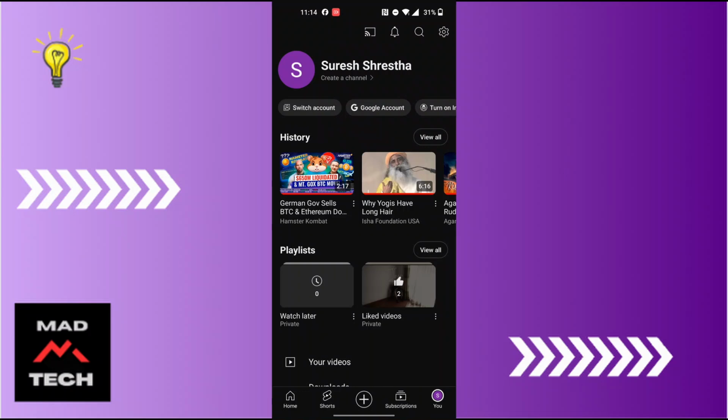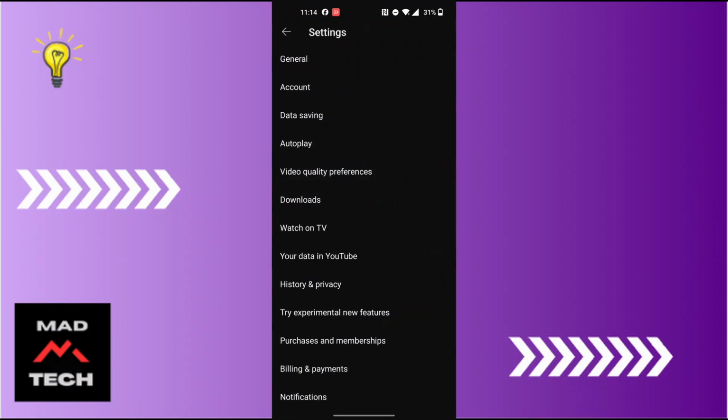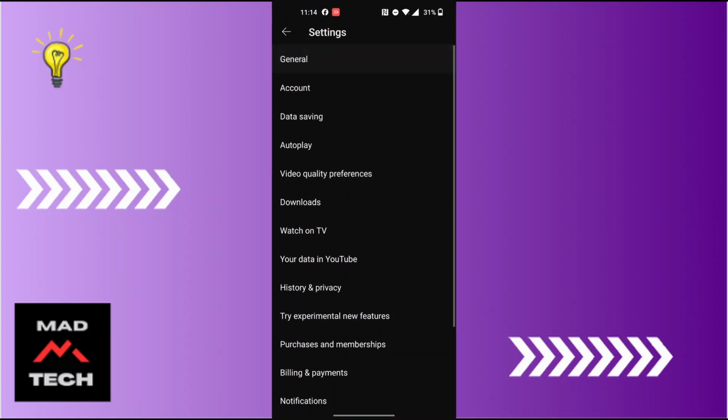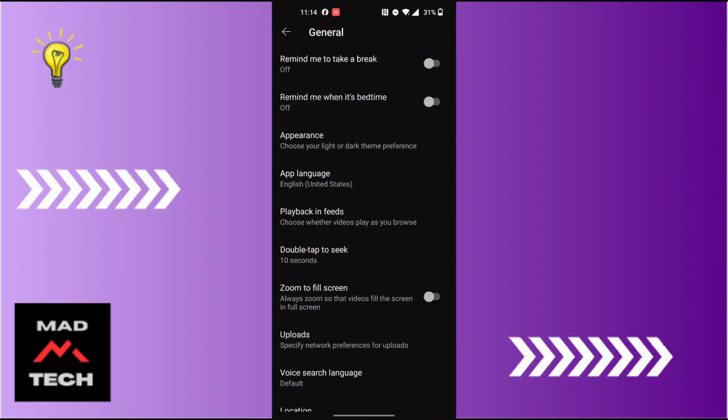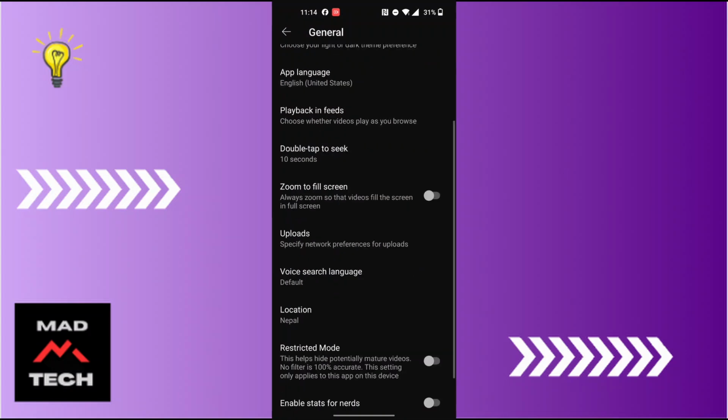Tap on the settings or the gear icon at the top right and you'll land on this interface, where we'll be required to tap on the General option available for us, which is at the top of the list over here just above Accounts. Tap on General, guys, and over here scroll down on this interface and you can see